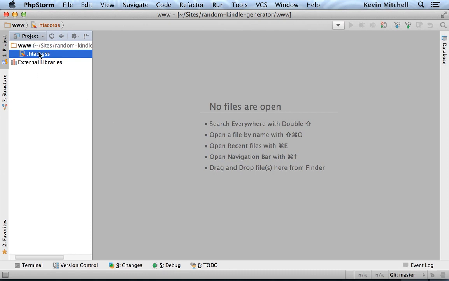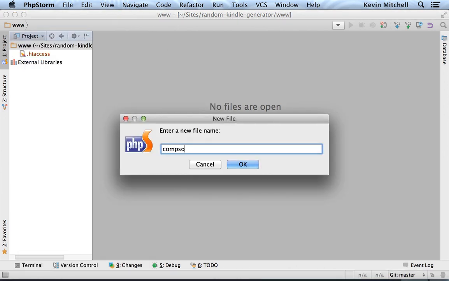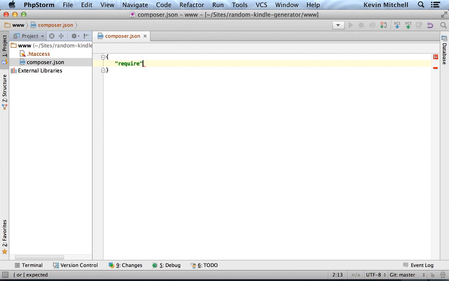So here I'm using PHP Storm. This is my preferred IDE. You certainly don't have to use PHP Storm, and we're not using any of PHP Storm's functionality, so no need to use this. Any IDE will work. We're going to start by creating a composer.json file, and in here, we're going to require Phindle. That's it. So this is going to tell Composer to go ahead and download Phindle, generate an auto-load file, and